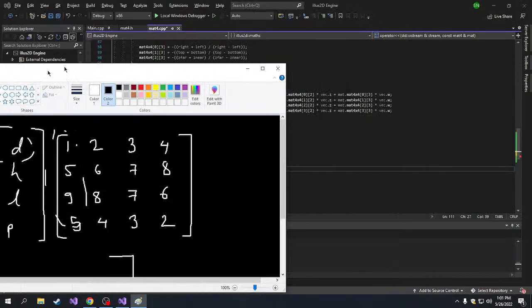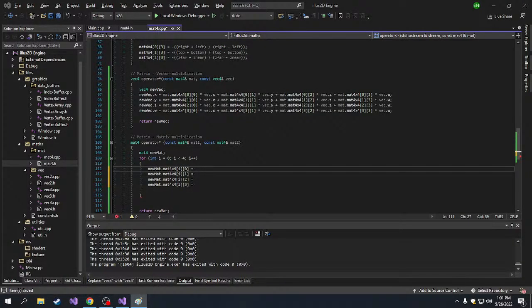So mat for i0, alright, so mat1 dot mat4 is going to be 0 in the row, 0 in the column,